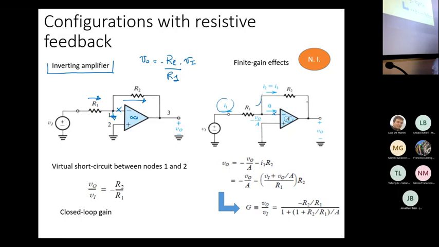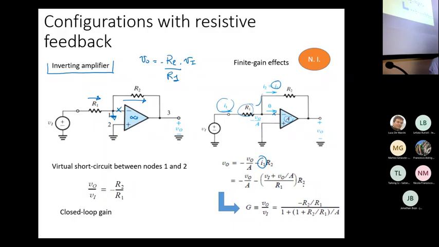Okay, so we are just considering a finite gain effect and not all the other non-idealities. So V out is minus V out over A, plus I1, the current which flows here, times R2. You can then replace I1 with the estimation of the current flowing in R1, so VI minus V out over A, over R1,